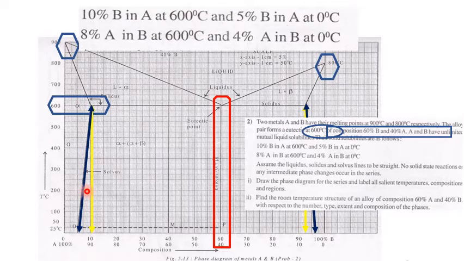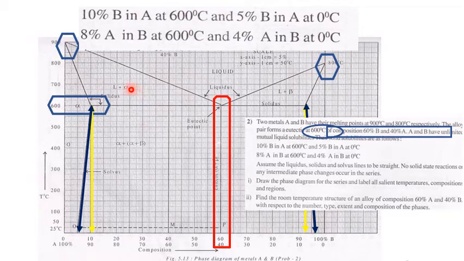Once you mark that, they have mentioned the solidus and liquidus lines to be straight. So mark all these as straight lines, and this is the liquid, and these two are the liquidus lines, and TE, that is the eutectic temperature line itself, is the solidus line. Okay, and here liquid plus alpha and liquid plus beta. So here the solidification of alpha starts, here the solidification of beta starts, and here we are going to get alpha, which is rich in A, and here we'll get alpha plus beta.